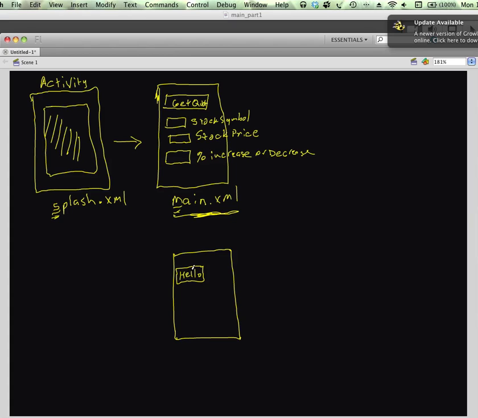So you can think of wrap content as going to wrap whatever the content is in the visual element, versus if I said fill parent,